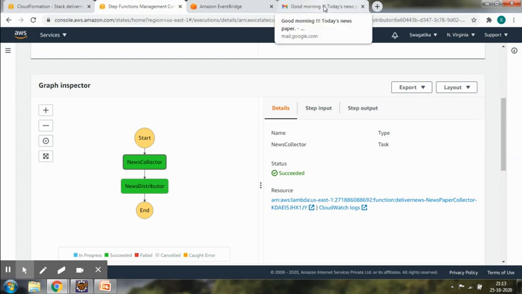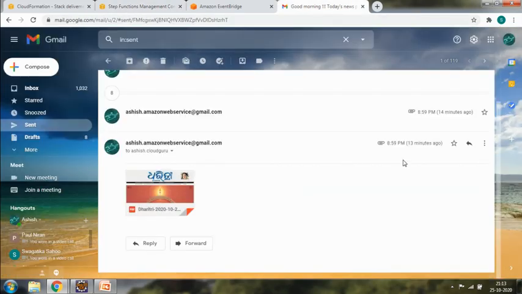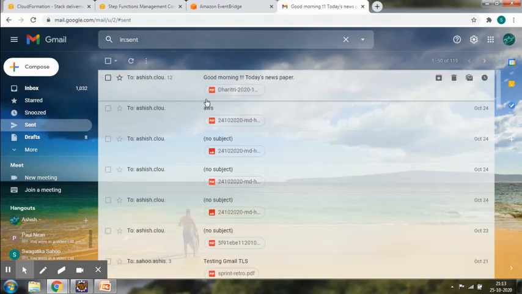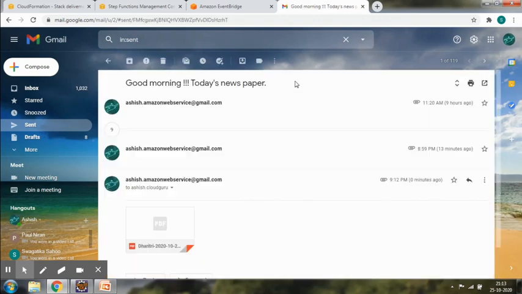Now, as I said, we need to send the attachment to my Kindle device through a registered email address. So I will showcase that over here. Yeah, as you can see, it has sent that mail just now at 9:12. It has sent the paper to my Kindle device.